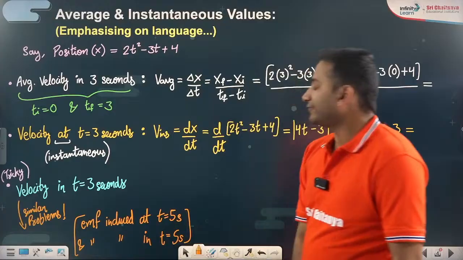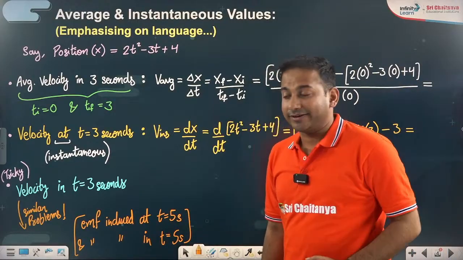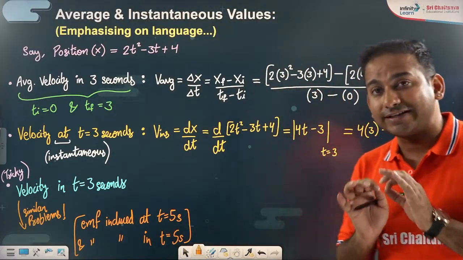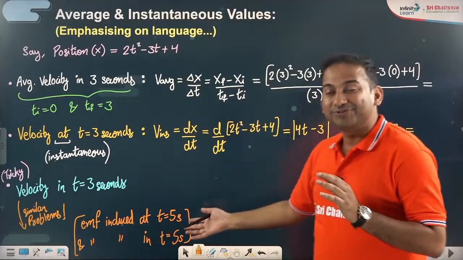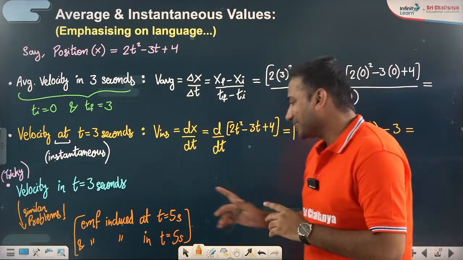Did you understand the difference in the language? One time they are saying at t equal to something. Another time they are saying in t equal to something. See, I'm going very slow. Just trying to improve your English or language a bit before improving the physics. Okay. So understand,